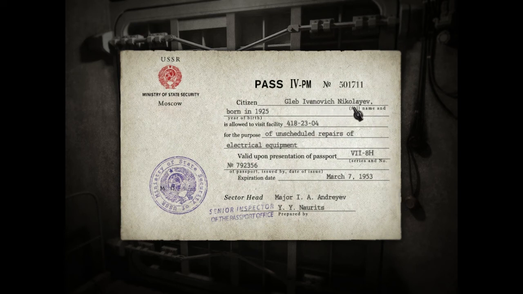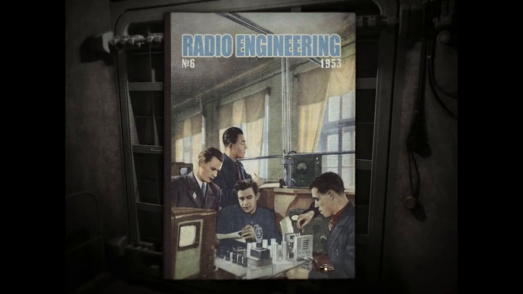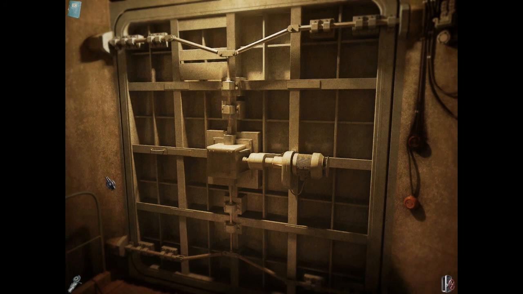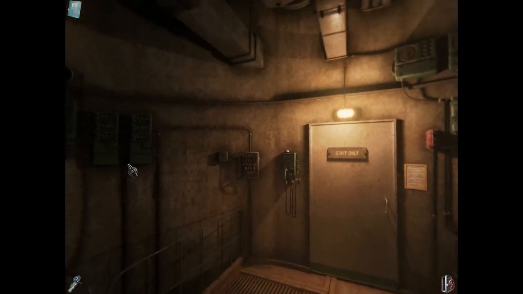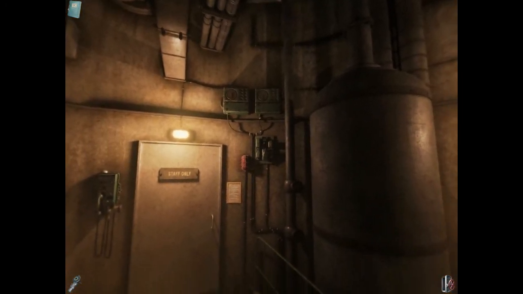So I'm Gleb Ivanovich Nikolaev. Great. I was born in 1925. And I can come back to the magazine by checking my documents. Okay, and the job description and the safety instructions. Great. That's convenient. At least I don't have to go back in that room if I want to read that magazine. It's about the only dose of convenience in this whole freaking game, I think. It's like there's no video resolution, but there is left and right-handed and mouse sensitivity. It's just...